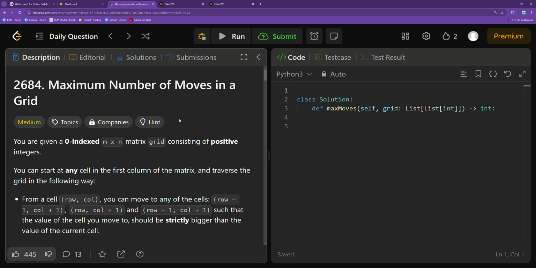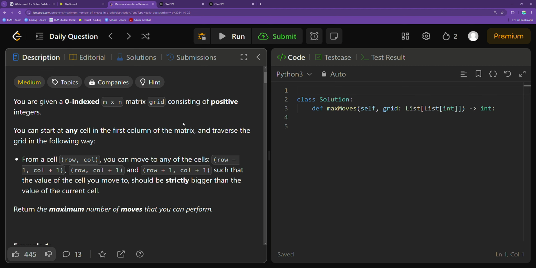Hey everyone, welcome back, and today let's solve Leetcode problem 2684 titled Maximum Number of Moves in a Grid, the daily challenge problem on Leetcode. So we're given a zero-indexed m by n matrix grid consisting of only positive integers. We can start at any cell in the first column of the matrix and traverse the grid in the following